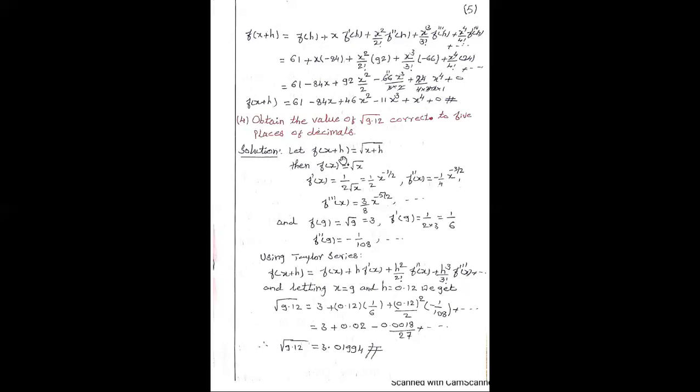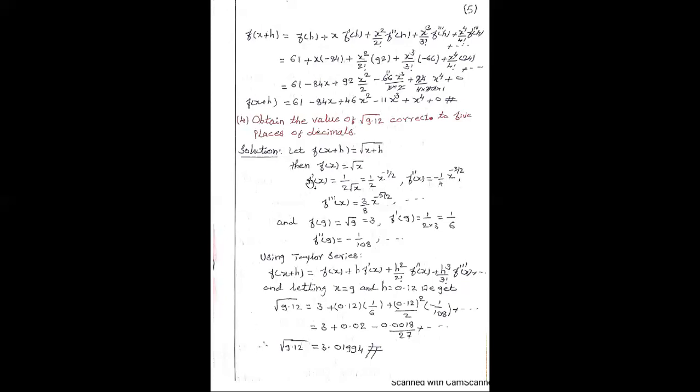Let f of x plus h is equal to root of x plus h. So this is equal to root of, this is x and this is h, for example. So therefore we take f of x plus h is equal to root of x plus h, so that f of x is equal to root x. That is, when h is not there, for example, you get f of x is equal to root x. Then f dash x is what? Derivative of f dash x is equal to 1 upon 2 root x. So this 1 upon 2 root x, you can write 1 by 2 x to the power minus 1 by 2.